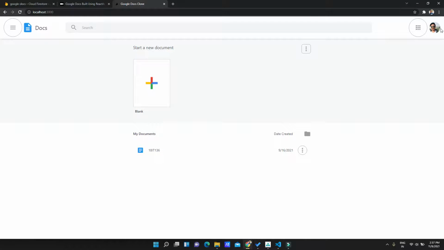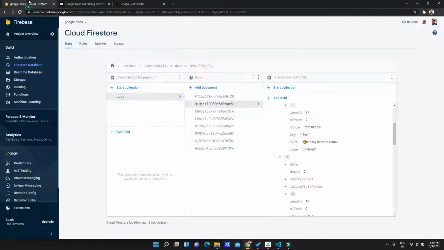Here the image is directly fetched from Google Authentication, the profile picture of our email account, and we can see the documents which are listed, which we have created, with date and timestamp. They are directly fetched from our Firebase cloud store.